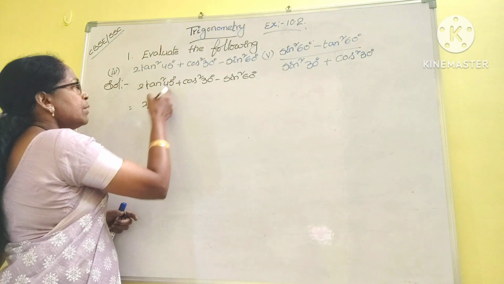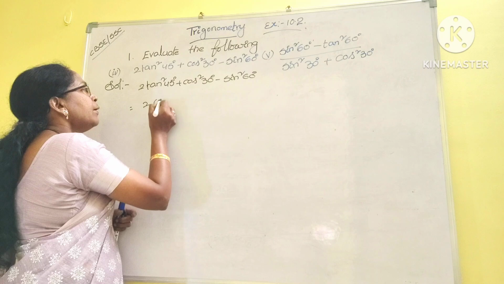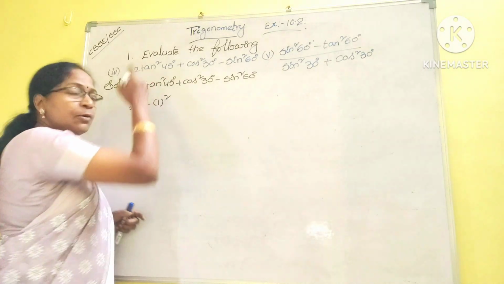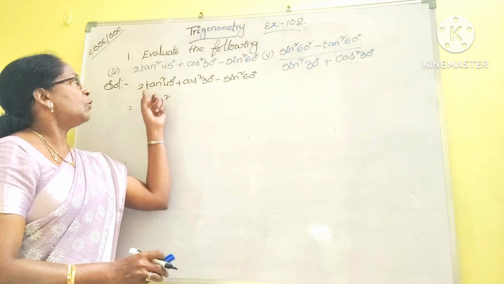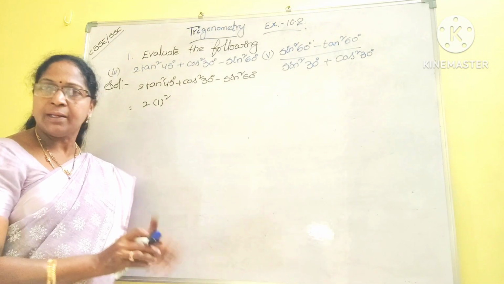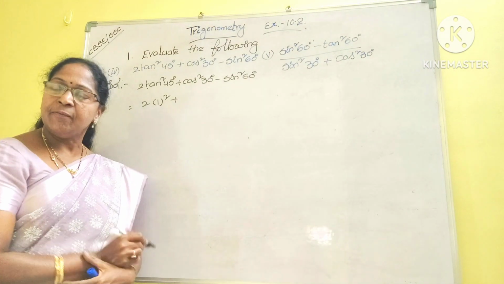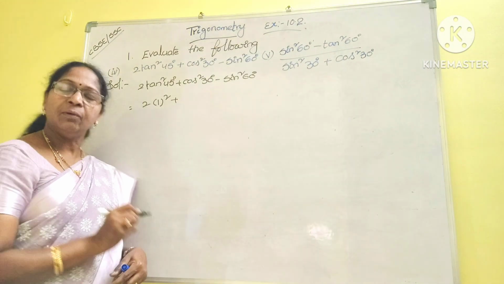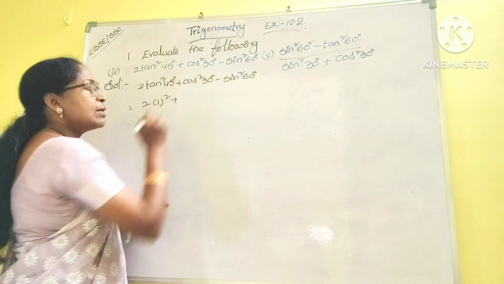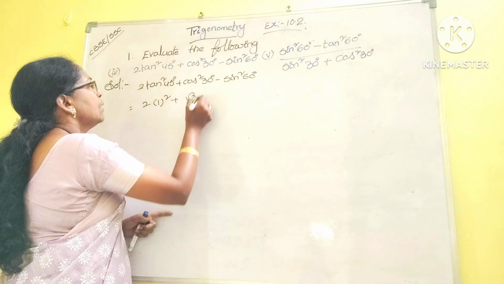1. So tan 45 is 1, but we have tan square 45, so 1 whole square, not 2 square. This square belongs to tan 45 only. So 2 into 1 square you have to write, plus cos square 30 degrees, where cos 30 equals root 3 by 2. So cos square 30 degrees means root 3 by 2 whole square,